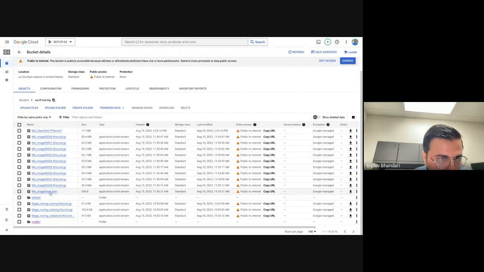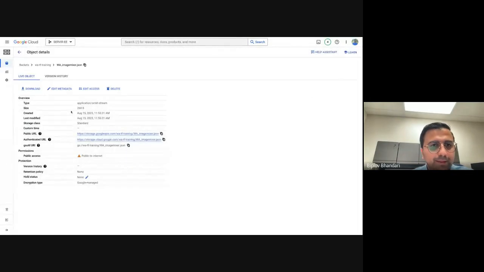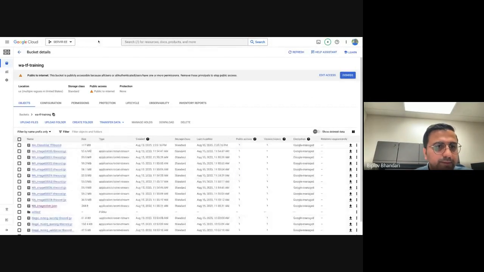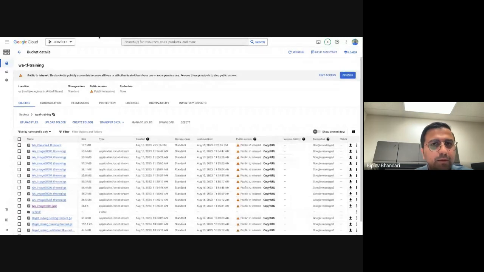And then there is something called the image mixer JSON. The mixer JSON has information on what the affine transformation is, how many patches there are, what the tie points are, or what the coordinates that need to be tied are. All this information is provided in this image mixer dataset.